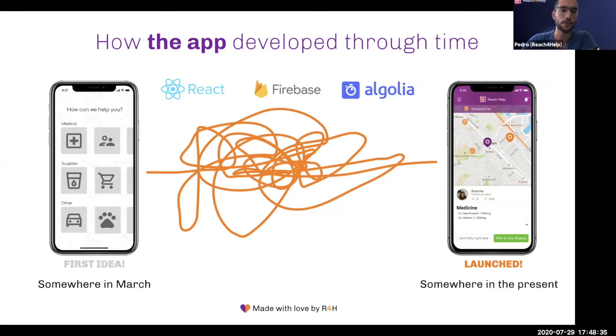We also use Firebase as our backend because it's an amazing platform that can be our base to create a service like this, but it has some limitations regarding search and regarding what we needed to do with our map and with the way we wanted to present data